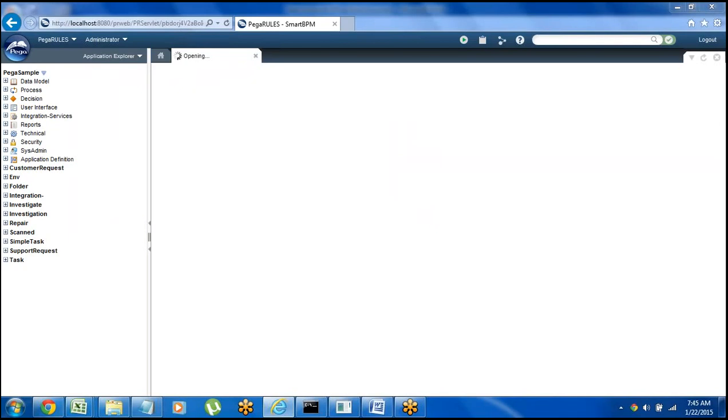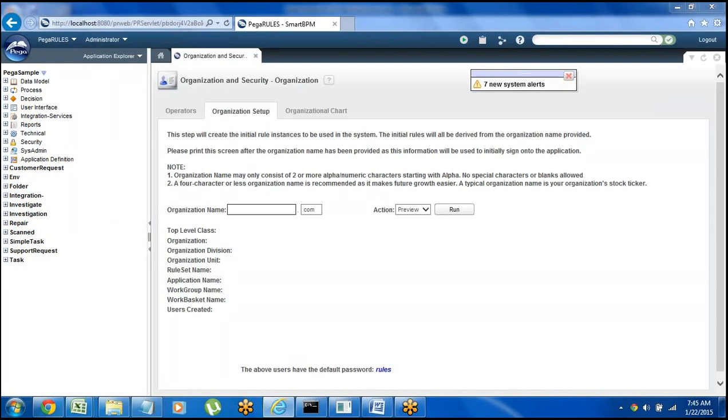For example, enter the name of the application we are developing. And there are two options available under the action option: one is the preview option and the other is the create option.